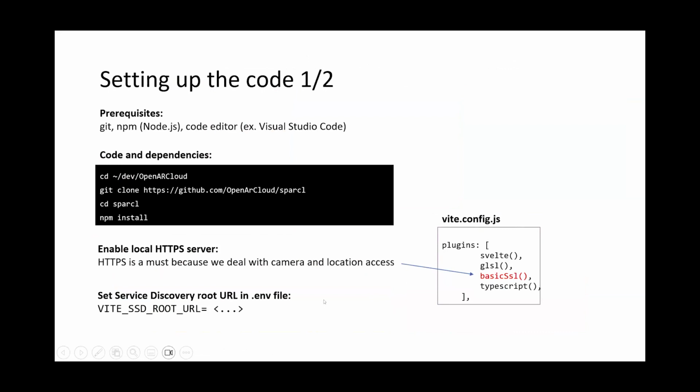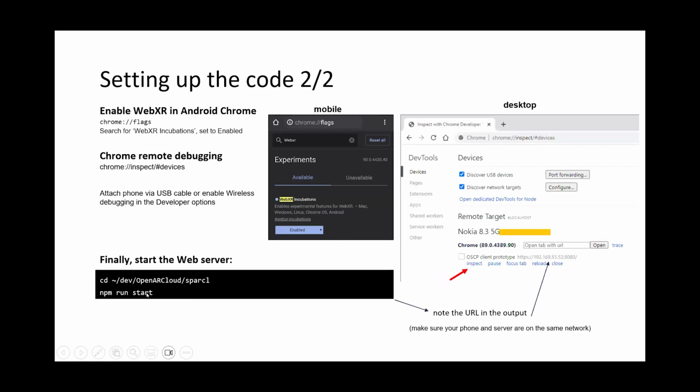Okay, so first thing is to go to this GitHub. You can clone it. It's super easy to start. You just say npm install. You change one line just to enable the HTTPS access on your local server. You add one line in the config file in a .env file. This is where spARcl will connect first for service discovery. And then you say npm run start basically on your server, and on your client, which is an Android phone,